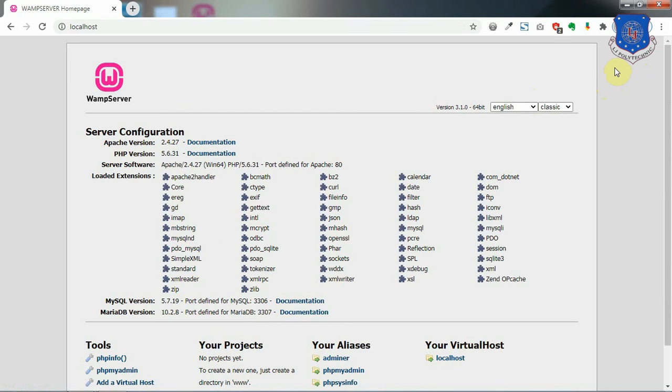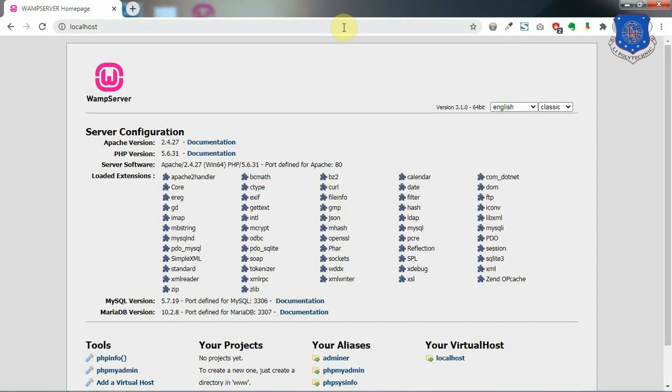Now we see some troubleshooting techniques. Suppose on writing http localhost, you do not see a WAMP server home page. So there is a possibility that another server application is running on the port on which you have installed Apache server application.